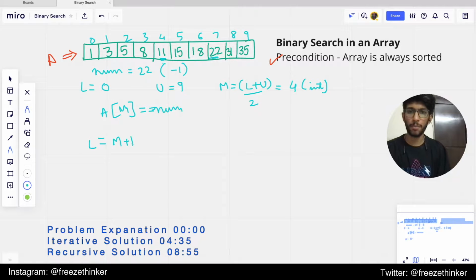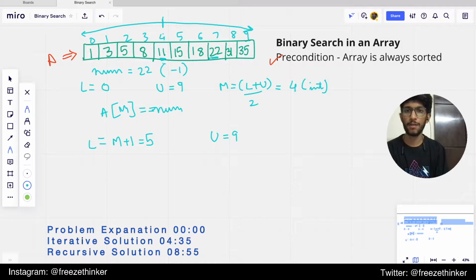Now our lower bound becomes 5, and we keep the upper bound the same, because we are dividing our search. We searched the entire array, came in between at 4, and since the number there is not equal and is smaller,